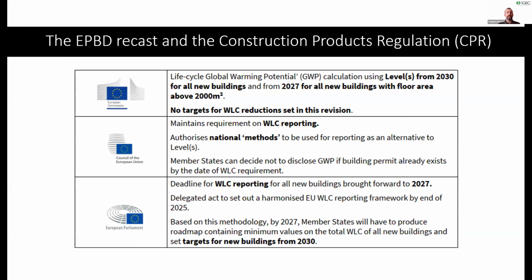We've got the EPBD recast, which is going to start pushing this from a regulatory point of view, probably from 2027, but possibly earlier. Currently, the European Commission, Council and Parliament are in trilogue trying to agree exactly what the EPBD recast looks like, but they are all agreed that it will have some form of whole life carbon reporting in it. And just when it will be required and for buildings of which size is the only question. So as well as the finance, which is already pushing these decisions, we've got the actual regulation coming behind it. The CPR, the Construction Products Regulation,